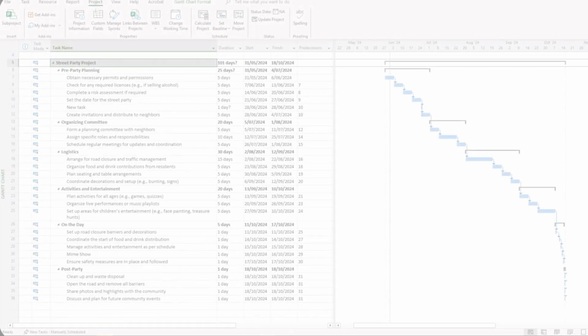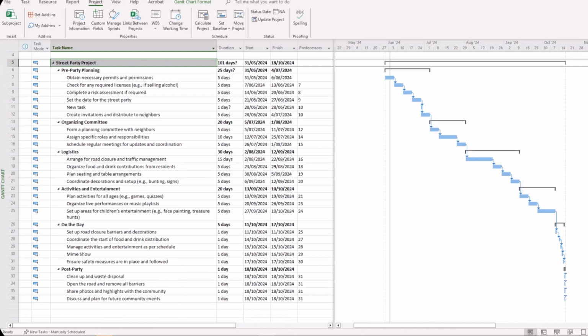Now, you might wonder, well, what do you do if you have already commenced your project schedule, listed a whole lot of tasks, and you realize that your project start date needs to move?